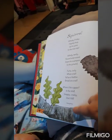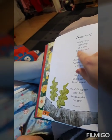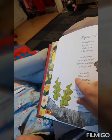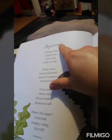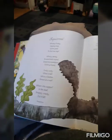We read the whole thing through, and then I missed off the last word, and then I left off the second and fourth lines, and then you miss off the last line to begin with, then you miss off the second and last, and then you just do the first line to remind them of how it starts. She's heard this before though, so you might have to read through it a few times before they'll remember it, but this is the method we use for Rosie to memorise poems, and we did the same thing with